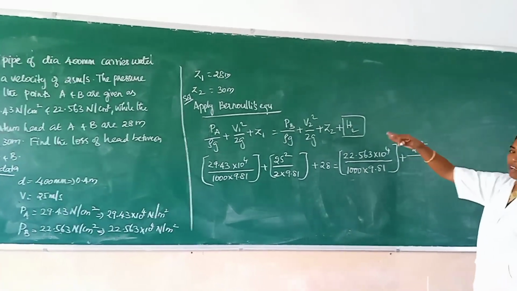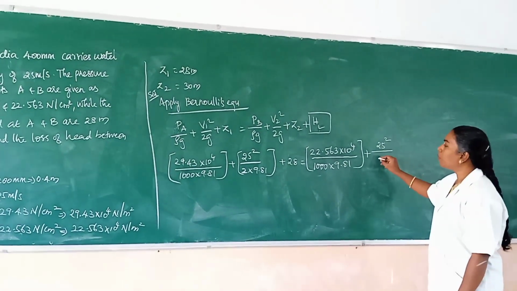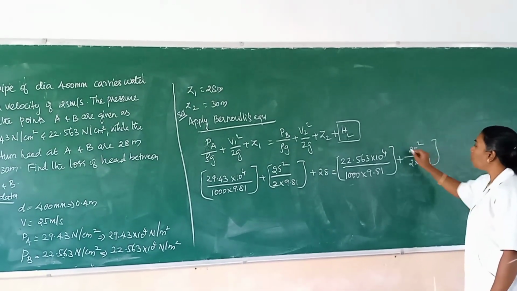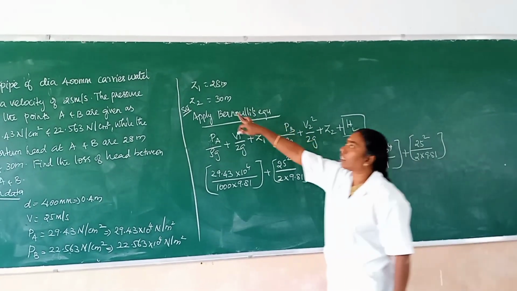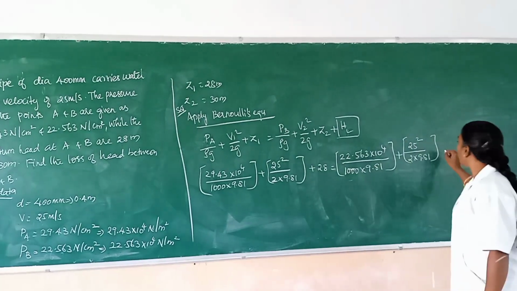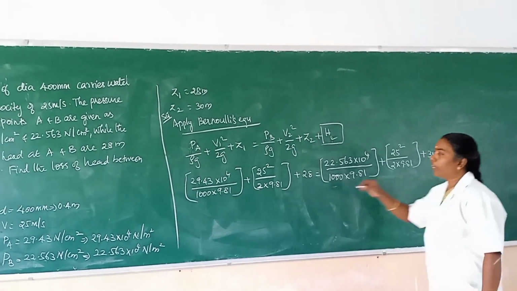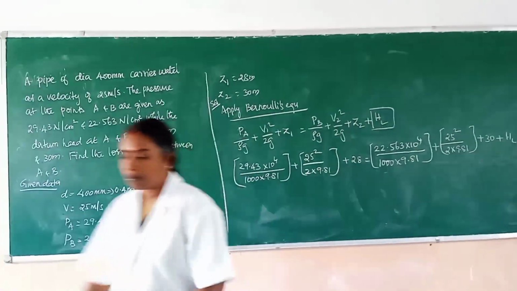The velocity in the pipe is the same. So 25 squared divided by 2 into 9.81 and the datum value is given as 30 meter plus HL. Okay, so when we calculate